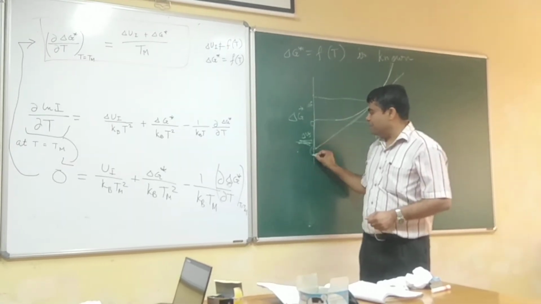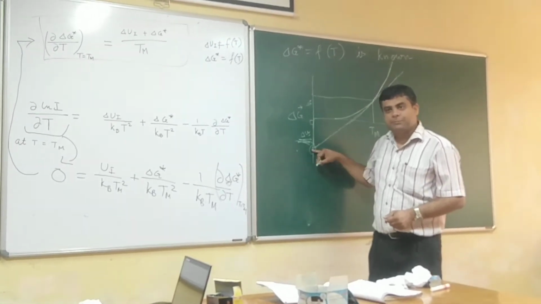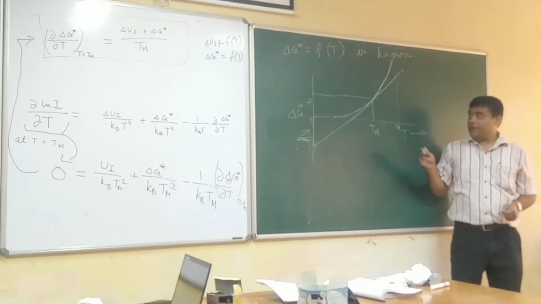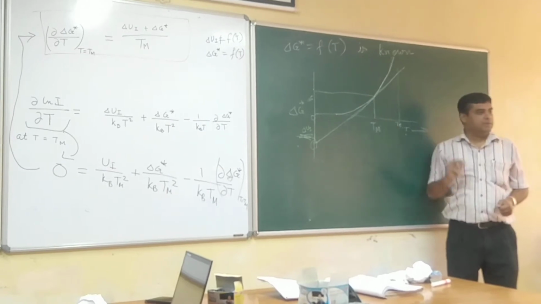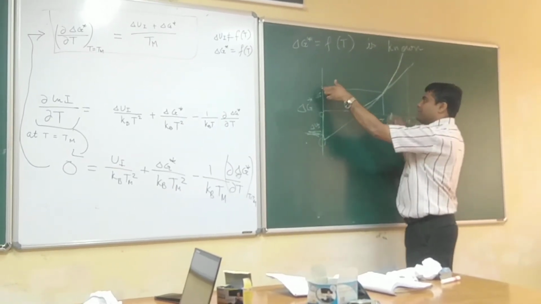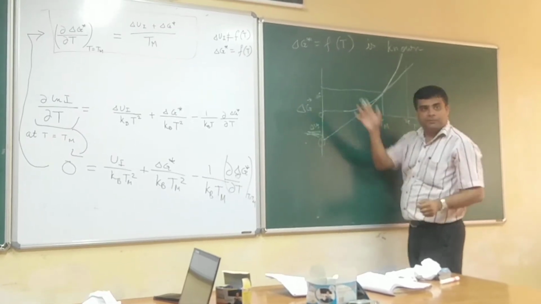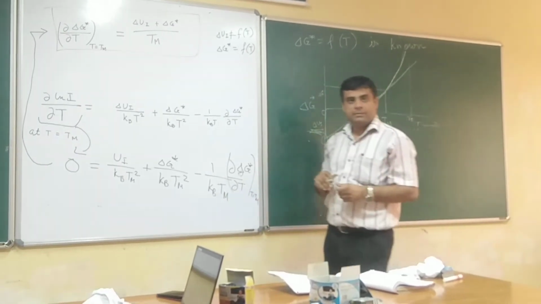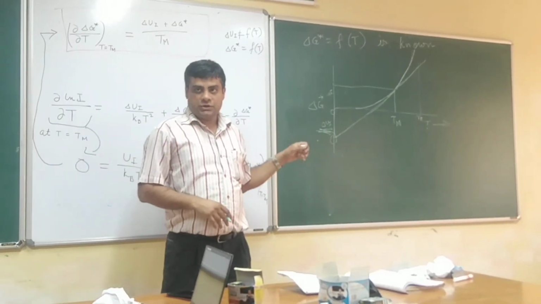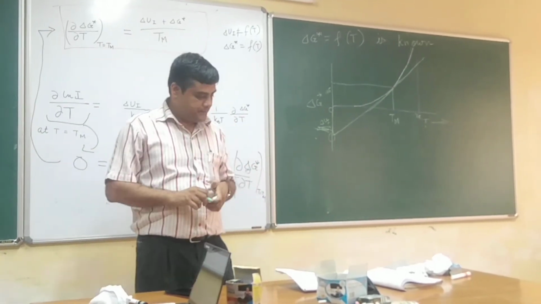the first step is to find out this point. Then from this point you draw a tangent on this curve. Wherever it touches, that will be your Tm, because this plus this divided by this length will be your slope. That is that one, at T equal to Tm. Okay? So graphically you can find out